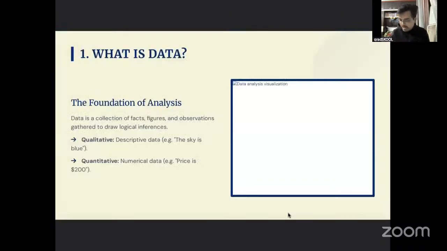So what is data? Like, how do you interpret data? If I ask you guys, what is the temperature right now? How hot is it? What would you say? Some might say it is very hot. Some might say it is 35 degrees Celsius. There are different ways of interpreting the question, and different ways of giving the answers for the interpreted questions. So what I'll say is both the things are correct.